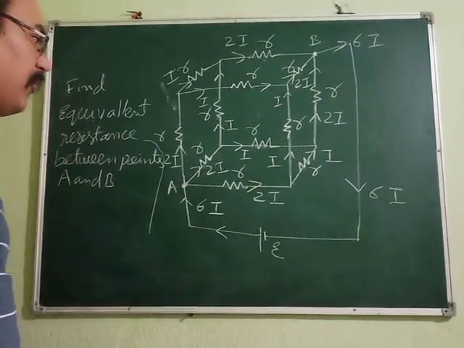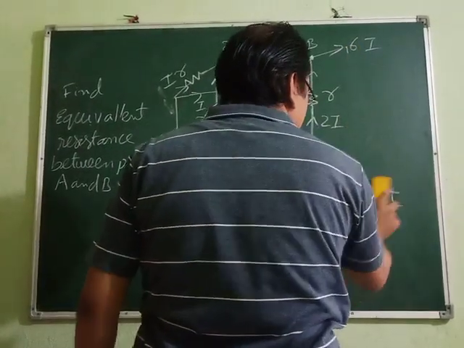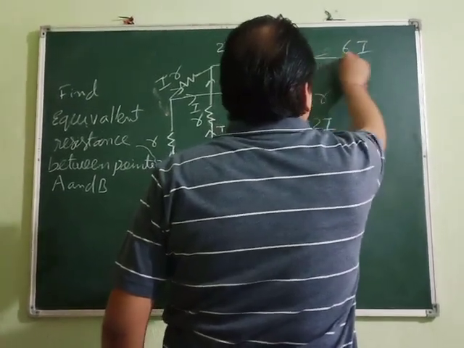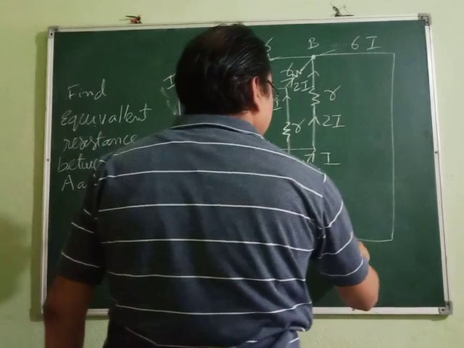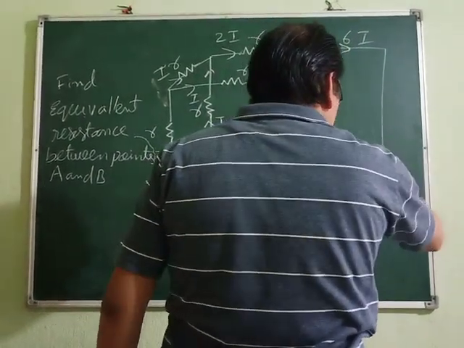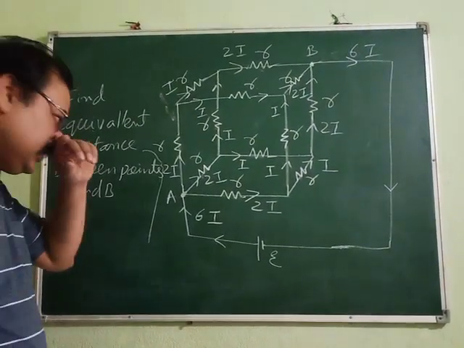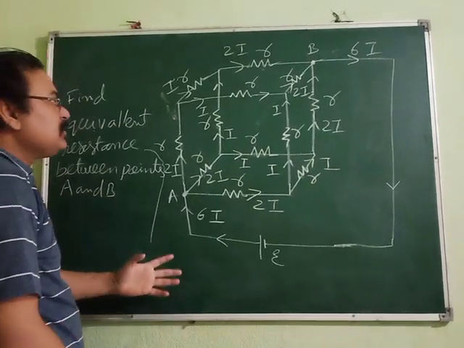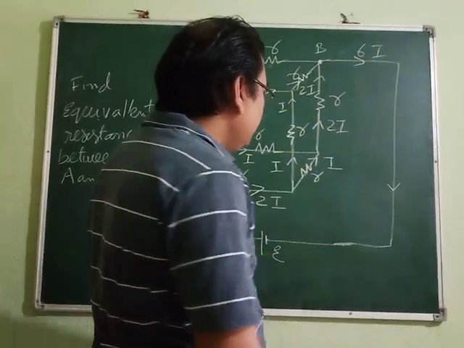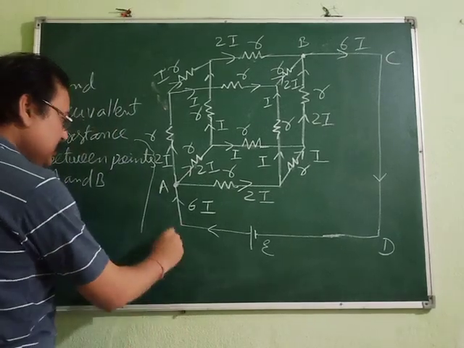Okay. Now let me change this diagram a little bit. Change this diagram means I have to draw a slightly expanded one. Now it will be better. Okay, 6i. Why have I done this? Because now we have to apply Kirchhoff's loop rule. But let us name this: this is A. And these ends we have not named, so let us name this as C and this as D. And this is E.